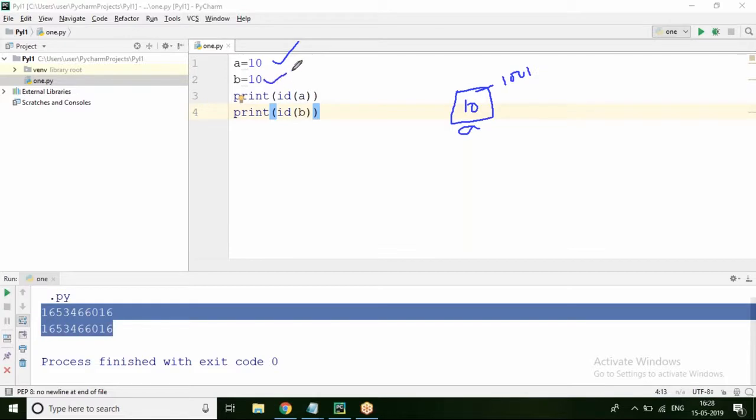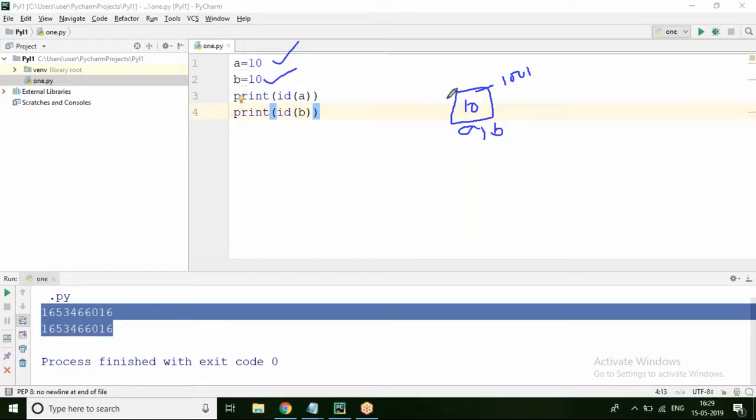Whenever B equal to 10 is encountered, the Python compiler is so intelligent. What is the intention of the programmer? The intention of the programmer is to store 10 into the computer's memory. Already in one cell 10 is there, na? Why to waste memory? Why to create one more cell, or occupy one more cell? It will think that, and to the same cell, it will give the reference B.